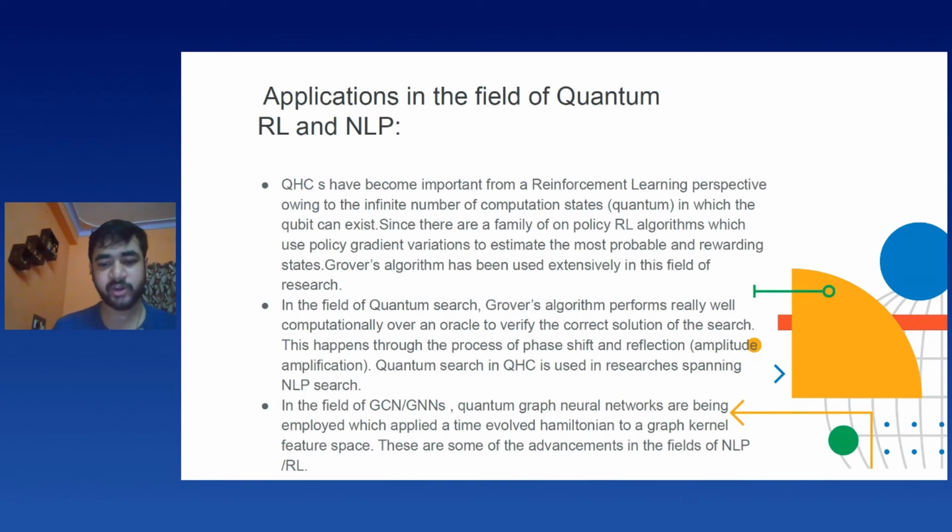Whenever we try to optimize a policy in an on-policy reinforcement learning algorithm, it tries to maximize the rewards coming from that policy by gradient ascent. Now, what will happen if we try to expand that domain itself? What will happen if, with the help of qubits, we expand that particular domain? Instead of having n finite policies, with n qubits we can have 2 to the power n possibilities. So let's say with 9 qubits, we can have 2 to the power 9 policies from which the agent can pick, rather than just n policies.